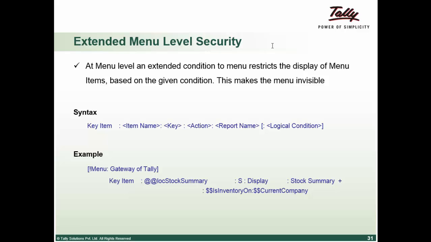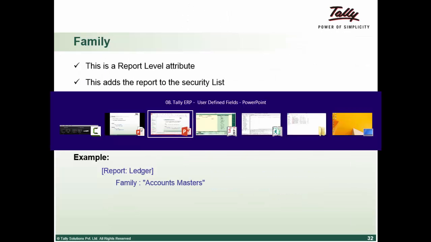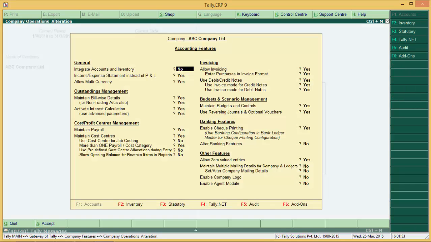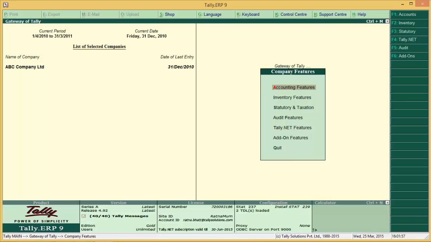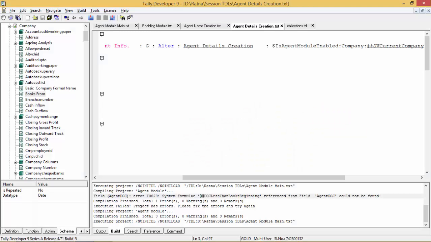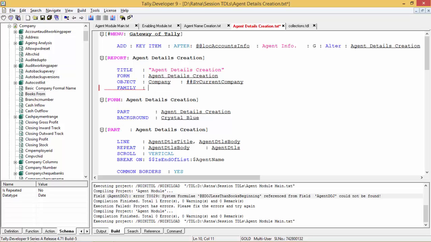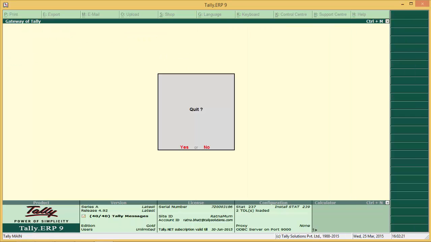Now say you do not want to make it visible or invisible based on active or inactive, but based on whether the user is allowed to give that or not. So what we will have to do is, this report that we have, this agent info, we have to add it to the security list. So one simple thing that you will have to do to add this report to security list, all you have to do is family agent master. You write this here, quit your Tally, restart,